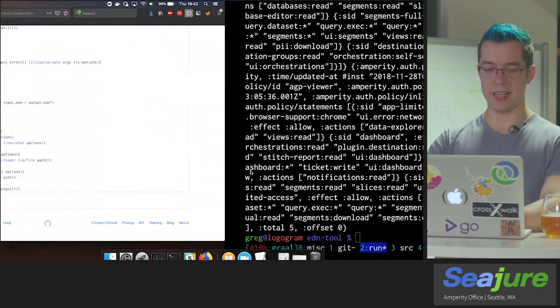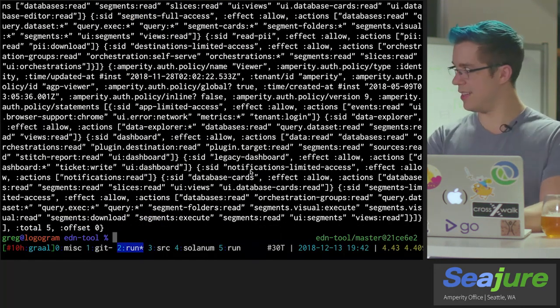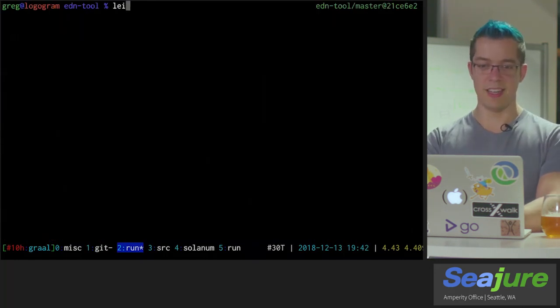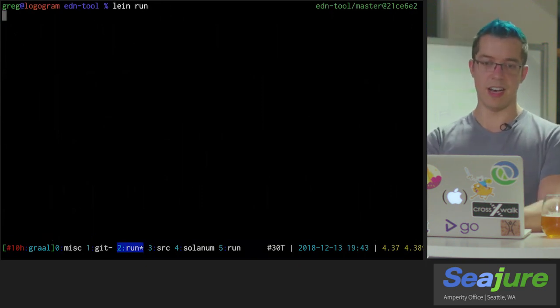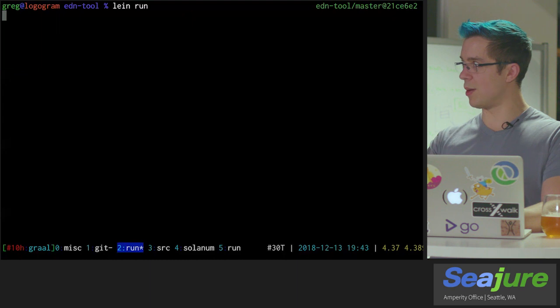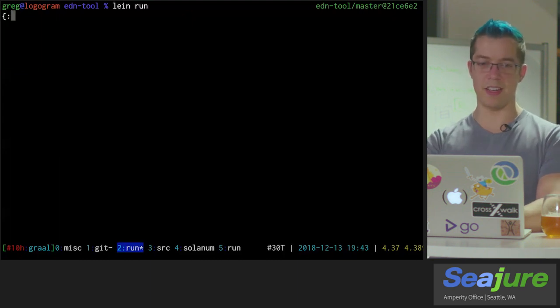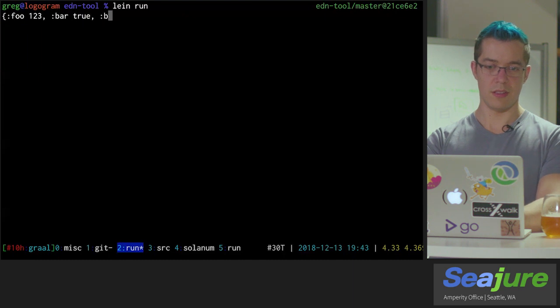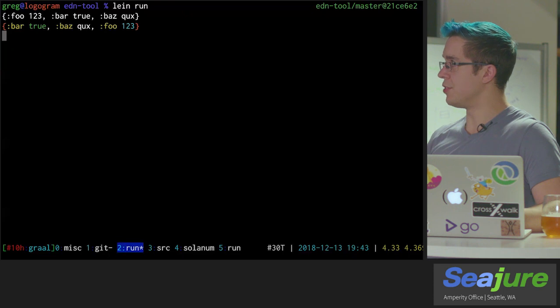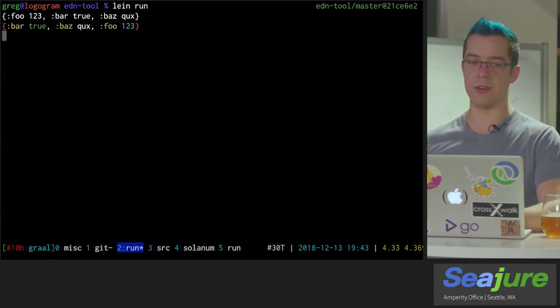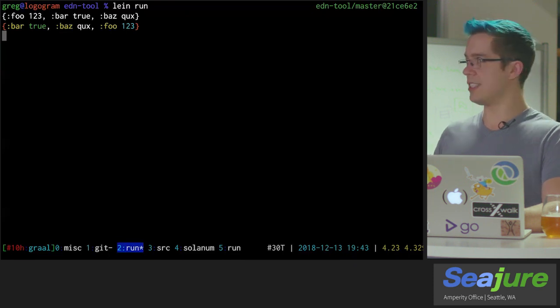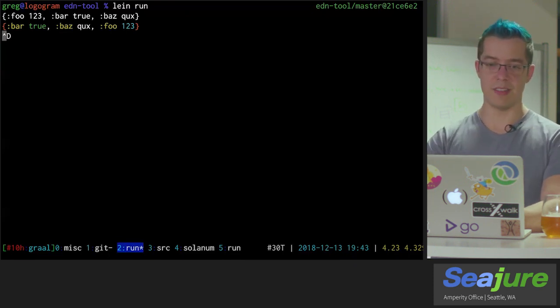So what does this look like in practice? Well, before we get to this mess of data, I'll just run this directly so we can see what it looks like. And it's probably booted up by now and is waiting on standard in. So I can do something similar here. Puget is a canonical printer by default, so it's reordered the keys a little bit so they're in alphabetical order. But again, basically it's just colorizing and pretty printing this.